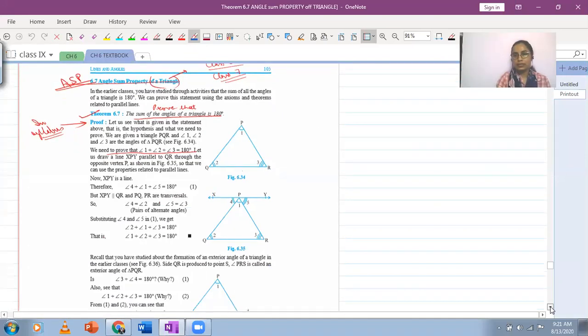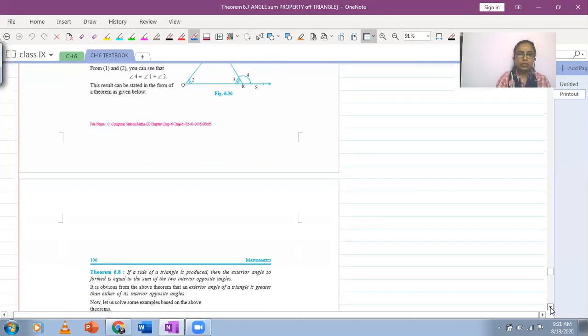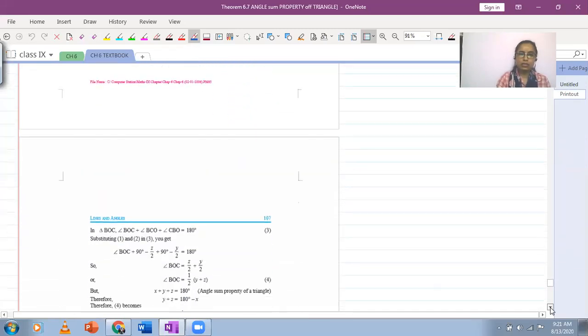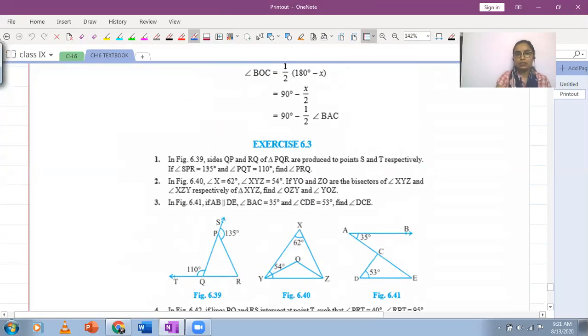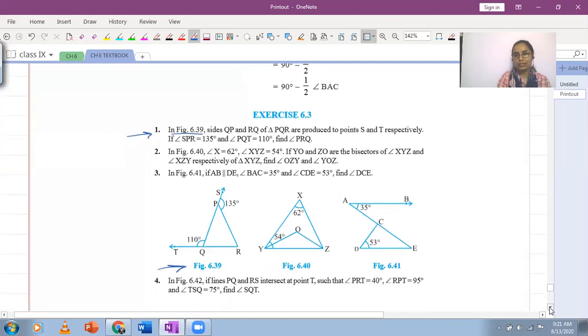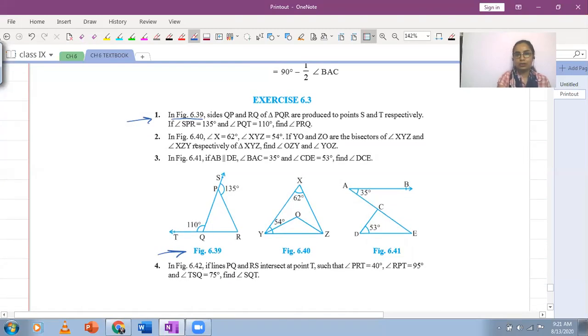After this, we have exercise 6.3, and I think you people are going to enjoy doing this because this is something you've done in 7th standard using angle sum property and using the exterior angle property time and again. So the first question here is based on the figure given here. So be very careful. Every time you read a question, please refer to the figure carefully. Figure 6.39 is over here below question number 3. So there is a triangle PQR. Now, as you can see, the base of the triangle has been extended towards the left side. So this is an exterior angle, 110 degrees. It forms a linear pair with the interior angle, right?